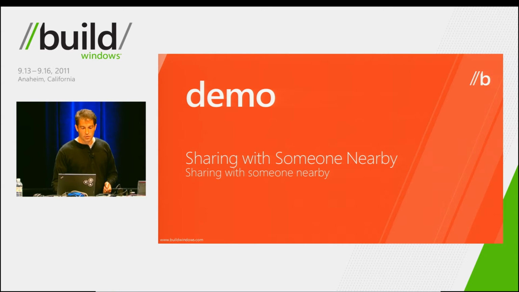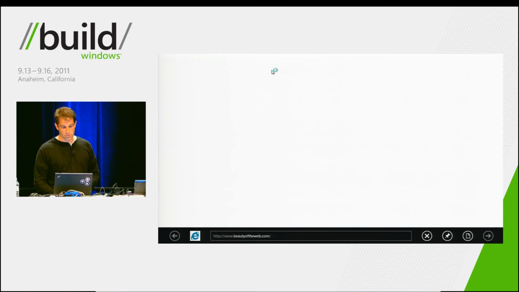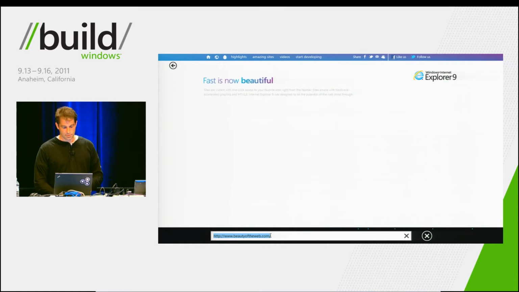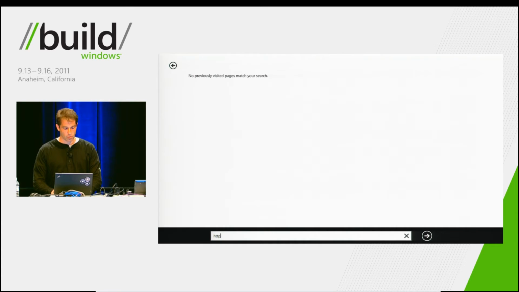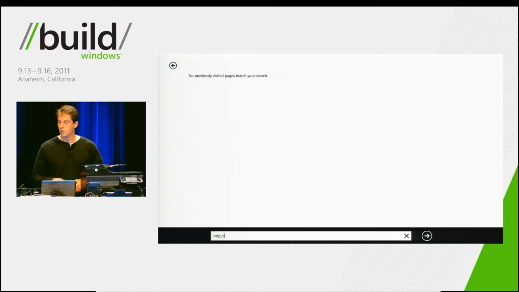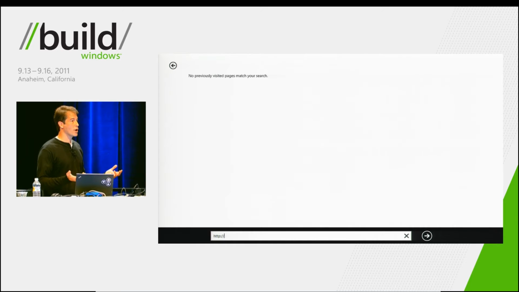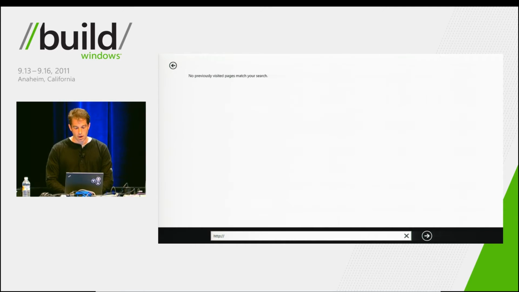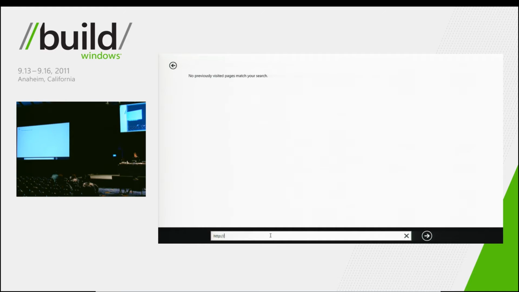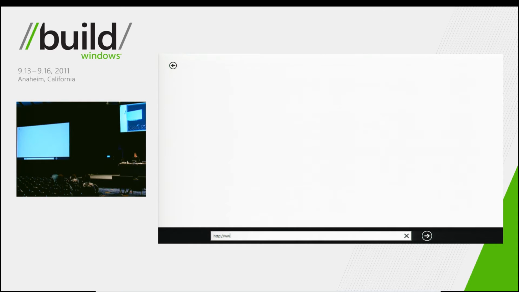This feature allows you to essentially come in, and let's say I was with a friend. It's right there. I have invisible friends. He's just hanging out, playing around, goofing off. I'm getting ready to anticipate the end of Build and return home and celebrate, so I'm looking for websites. As I was browsing around, I stumbled across a restaurant that I thought would be fun to go check out,